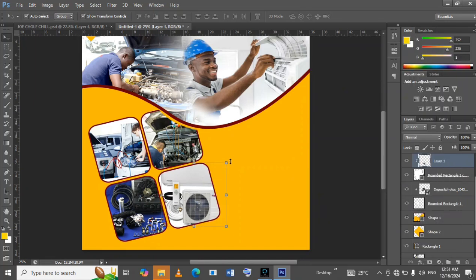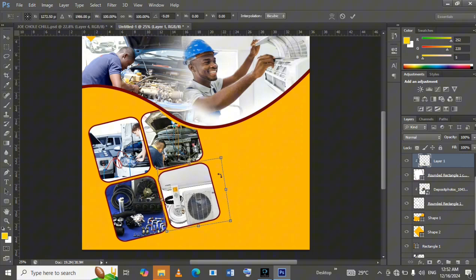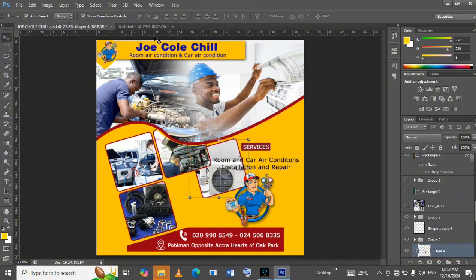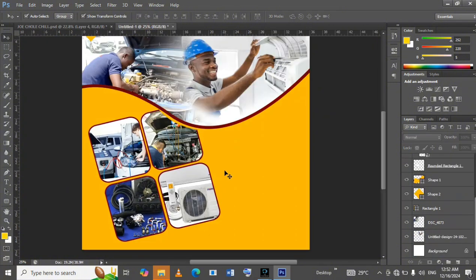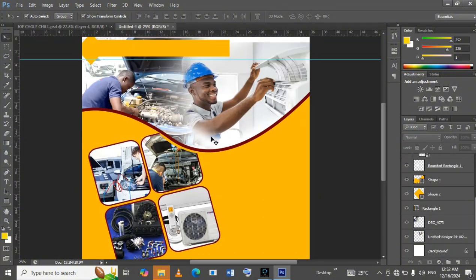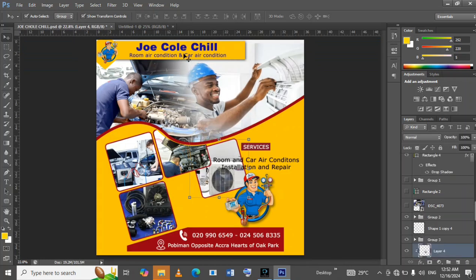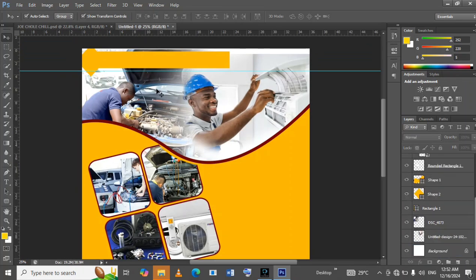Enter. I'll rotate it, this, and push it upwards. Now it's okay. I've raised it. So now check this one here and check this here. So now I'm going to add the text on top. When you look at this one, it is too big. So I'll increase the size of the picture